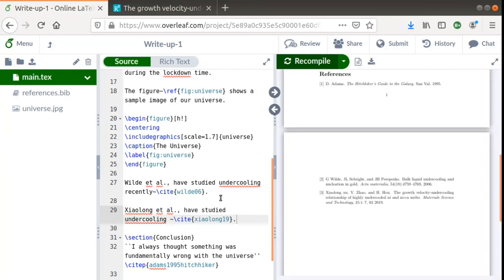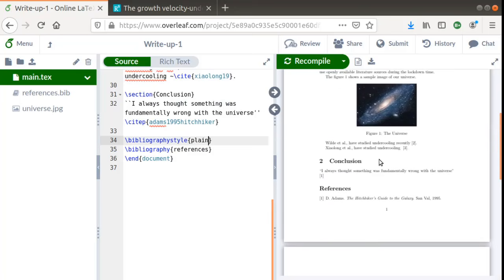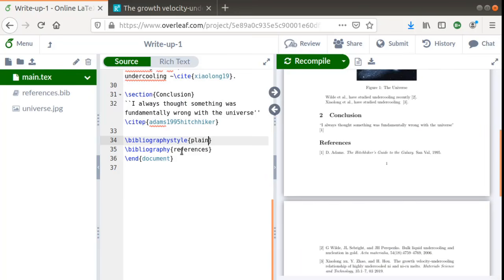Now this formatting is in a particular way which is called the plain simple formatting, where the authors' names are used in the references to do a sorting, and not necessarily in the sequence of addition to the document. So what we can do is change this to IEEE transactions format and recompile.